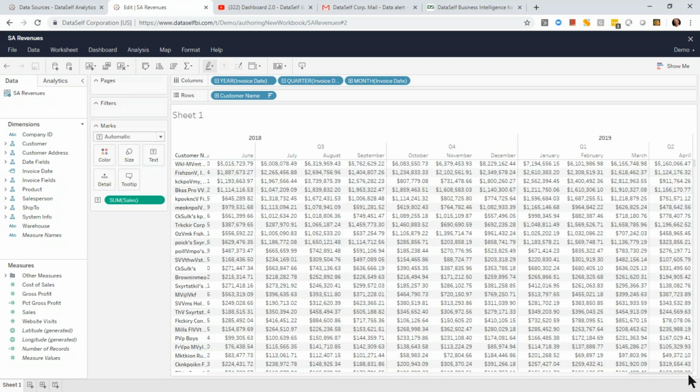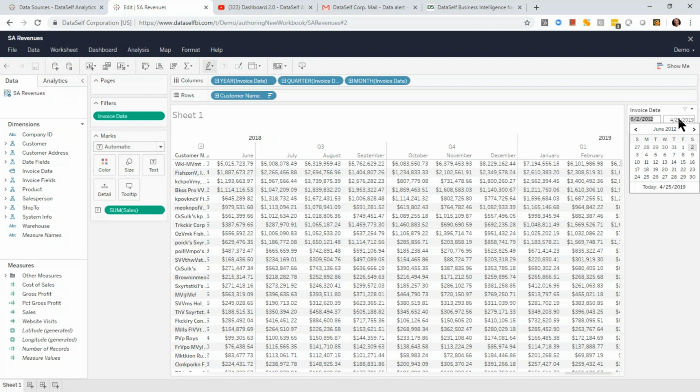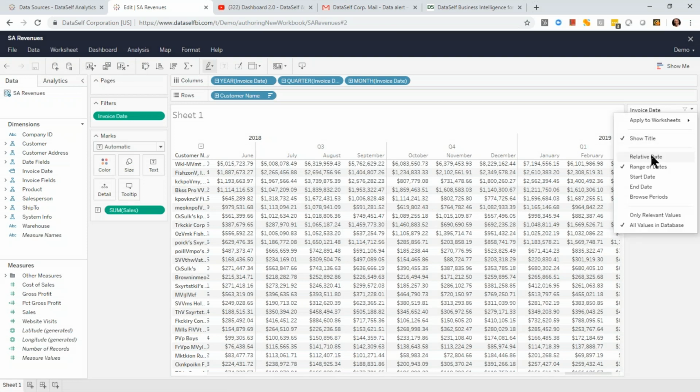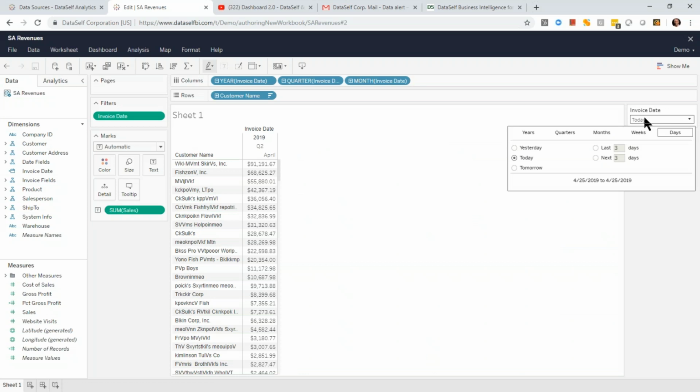And actually, I only want to see sales in April. I don't want to see the whole history. Well, very easy to filter a report. I can drag and drop my invoice date to my filters shelf. It becomes a filter on the right side. And now I can say the beginning and the end date very easily. Or I can change my filter to use a popular way, which is the relative date. When you choose relative date, you're always filtering versus today's date. So if I want to see this month, I just choose the month bucket.